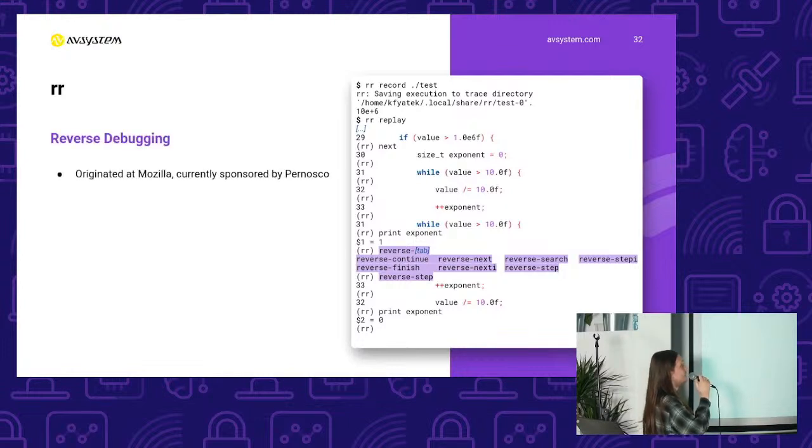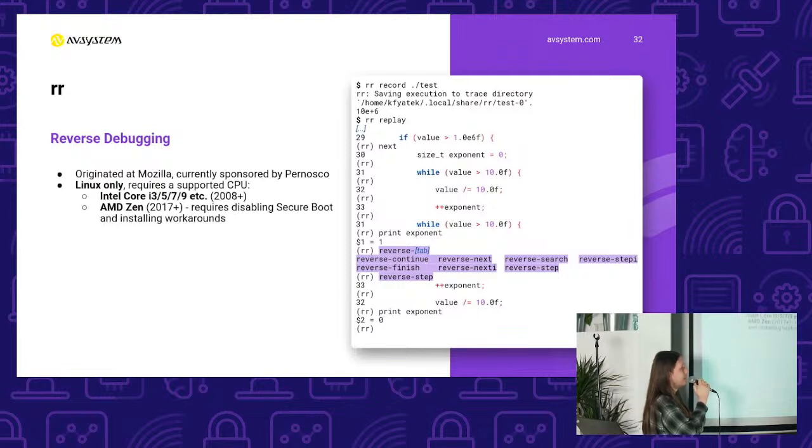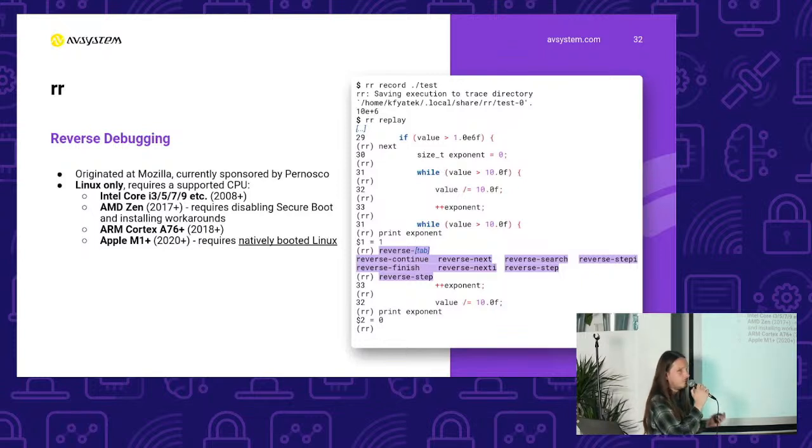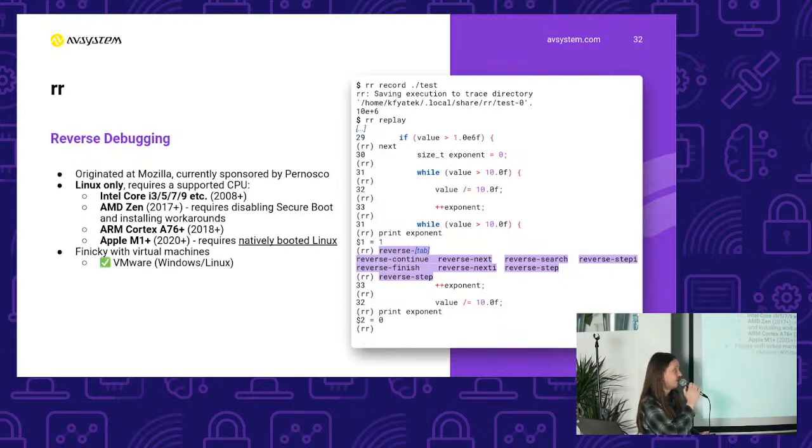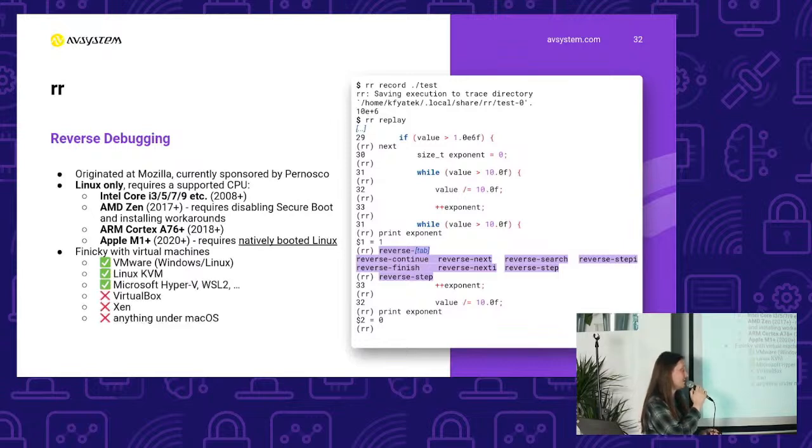RR is a tool originally developed at Mozilla. One problem with it is that you need some very specific hardware. If you have an Intel processor, then it basically works. But if you have AMD, it needs to be relatively new, or even newer ARM processor, like probably Raspberry Pi 5 is okay, but anything earlier than that won't work. It will work on an M1 Mac, but only if you boot Linux natively, so a little bit problematic. It also doesn't like virtual machines. But when you get it to work,